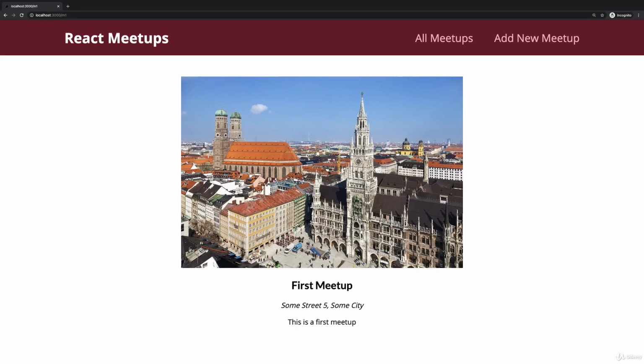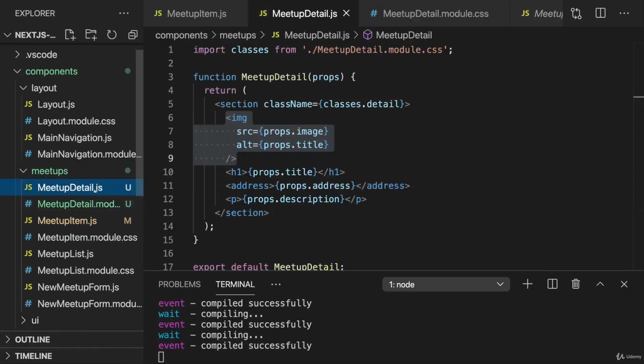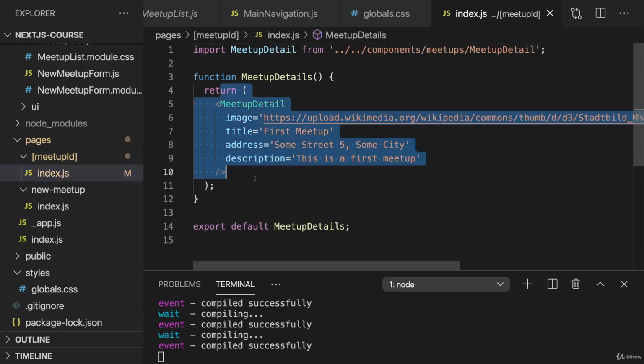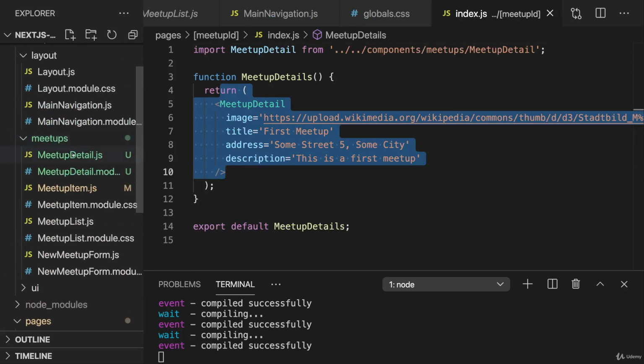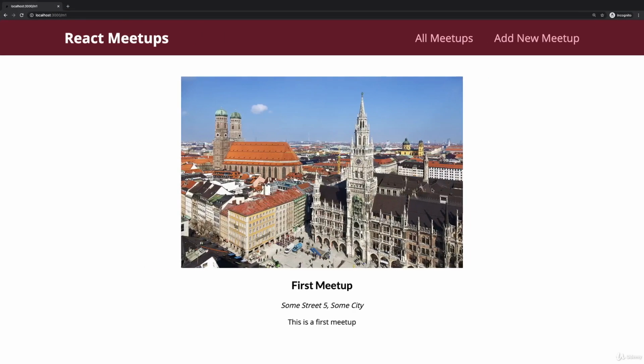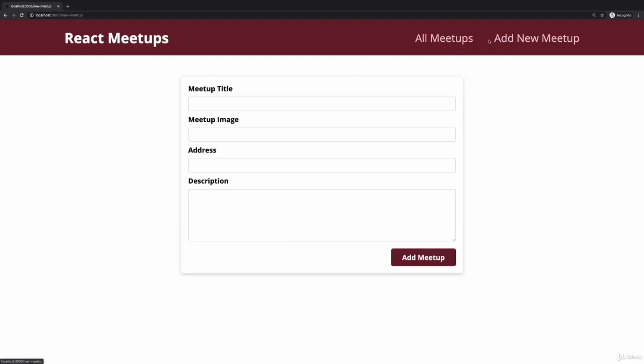Of course, you can tweak it. You can add more styles. You can make sure that it looks the way you want it to look. I don't want to turn this into a CSS course. I just wanted to show you this CSS modules feature and show you this approach which you don't have to use, but which I like to use, that I keep my page component files relatively lean, especially regarding the JSX code, and I instead use embeddable standard React components for the actual JSX code, and, like in this case, for the styling. And with that, we have our detail page in place,